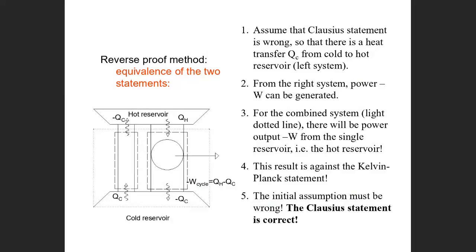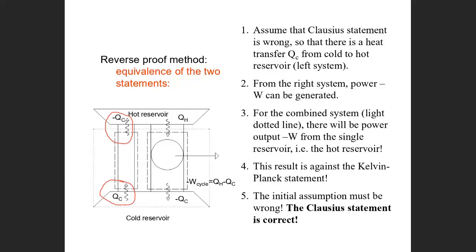So we can prove it. If we are using the reverse proof method, we can find the equivalence of the above two statements. For example, if we assume the Clausius statement is wrong, so that there is always heat transfer from a cold reservoir to a hot reservoir. Then from the right side,